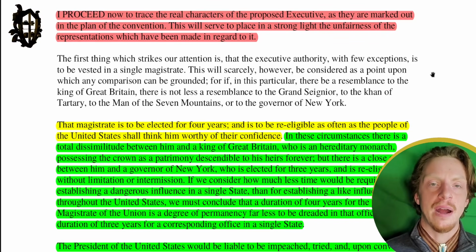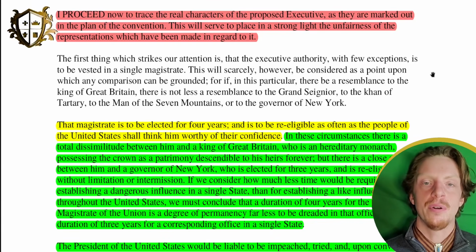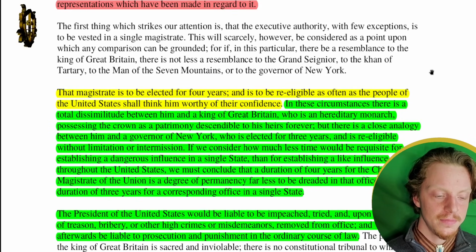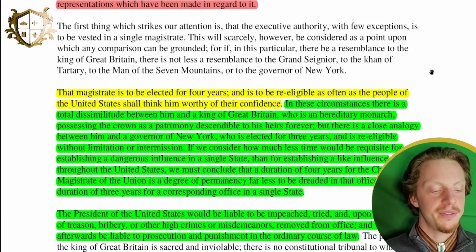The president would have more power than the U.S. Congress, would have more power than the U.S. judiciary, would have more power over the states than the states having checks against the executive. The first thing which strikes our attention is that the executive authority, with few exceptions, is to be vested in